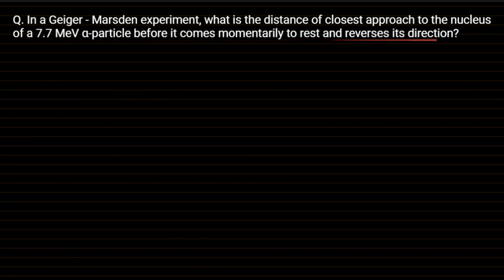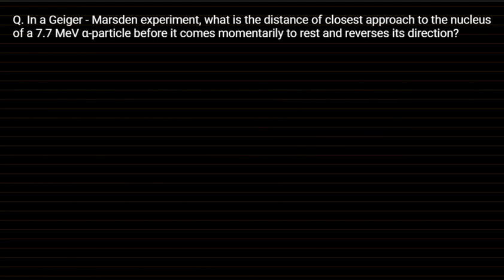So similarly, in this case, what happens? You have a gold nucleus. Now on this gold nucleus, you are inserting an alpha particle. They have asked you to find out the distance till which the alpha particle will reach near the gold nucleus, and after this distance, what happens? It will start to reverse. That means they are asking you to calculate the distance of the closest approach.